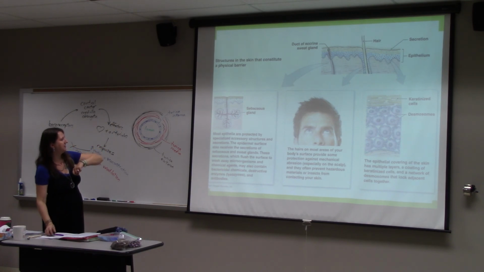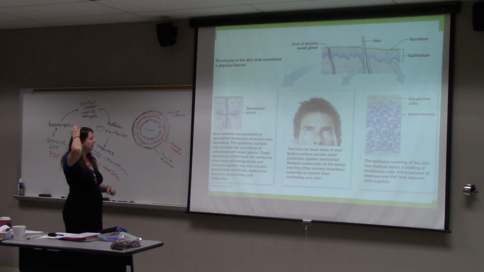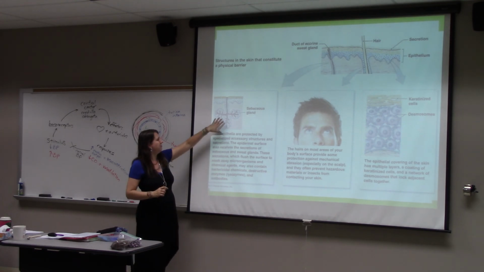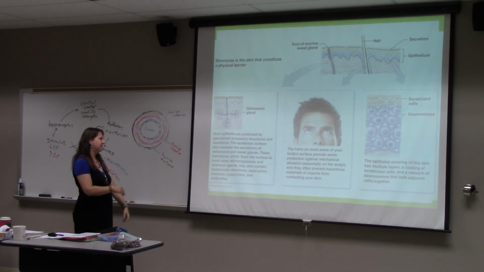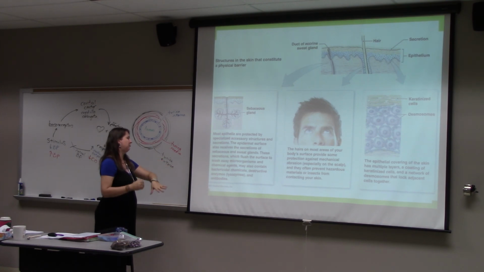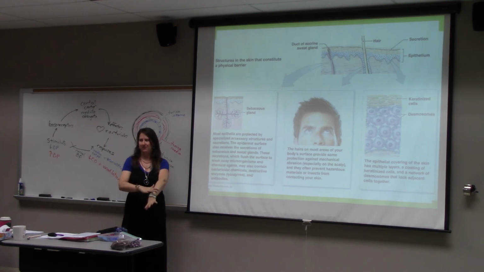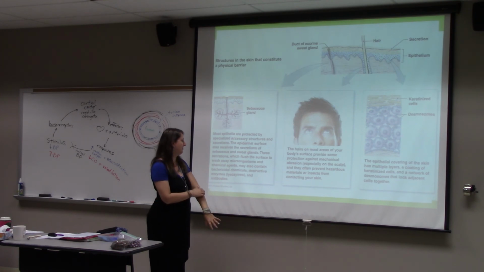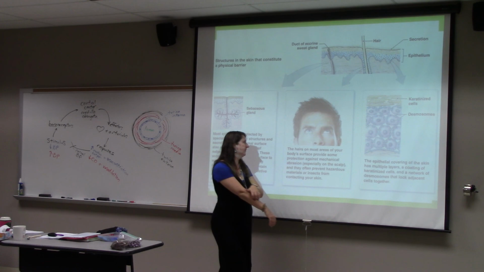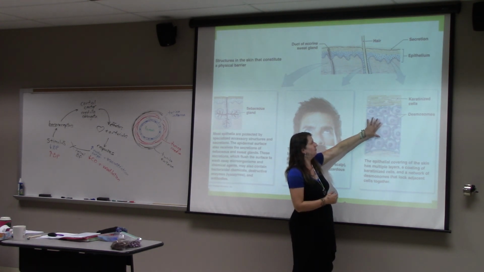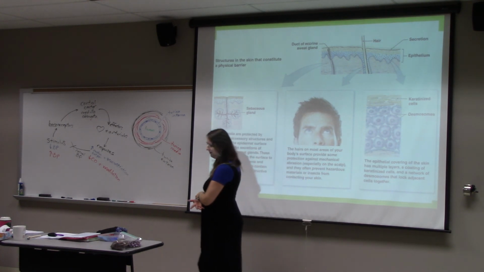So this illustrates the skin as a mechanical barrier. Sebaceous glands, those are the ones that make our oils, if you forgot. Those, along with the sweat, can keep the microorganisms from getting up against your skin. Hairs all over can keep them from getting to the skin. And then the close-packed nature of the skin cells itself keep them from